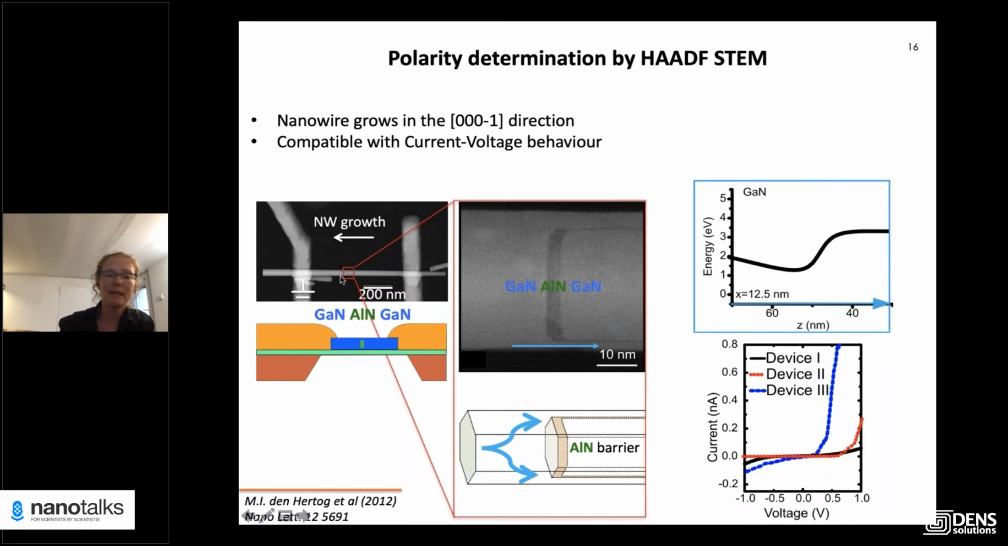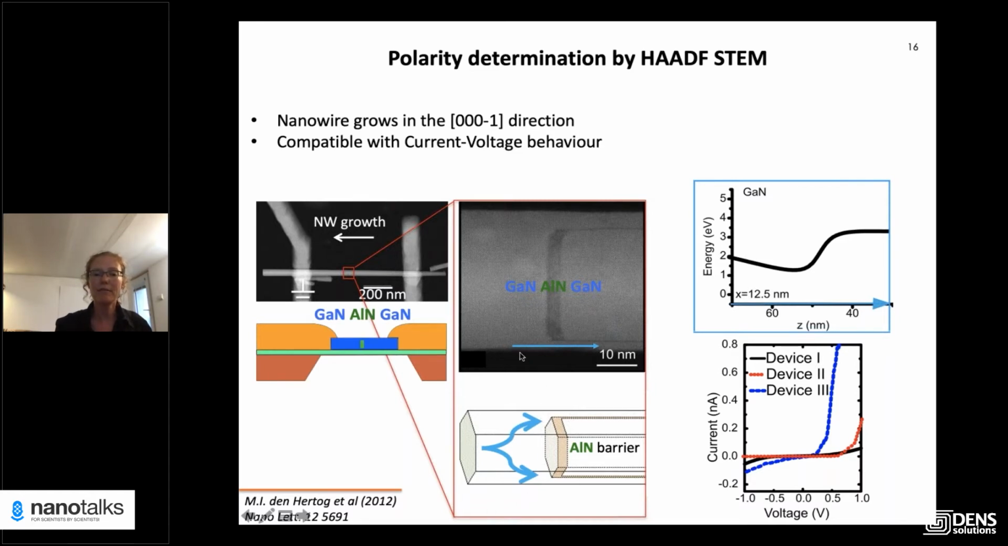And I already told you it has a single aluminum barrier that you can see here. It's a darker contrast. And aluminum nitride is wide band gap, so it's basically like wood. Electrons don't like to travel through it. But there is a shell of gallium nitride around the aluminum nitride barrier, so current very likely flows in the